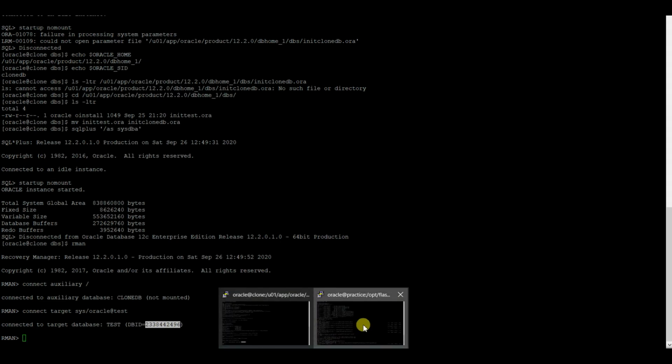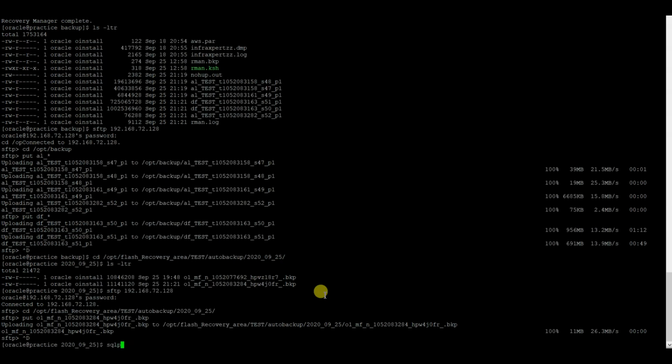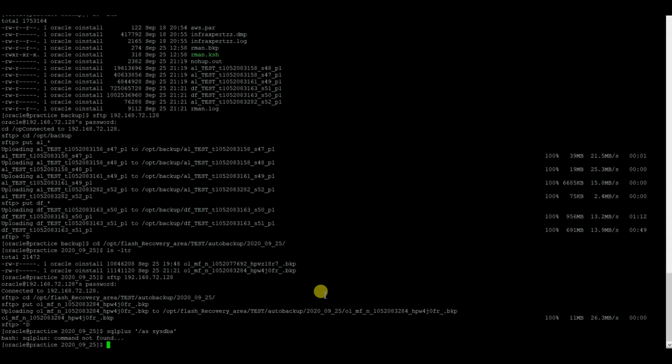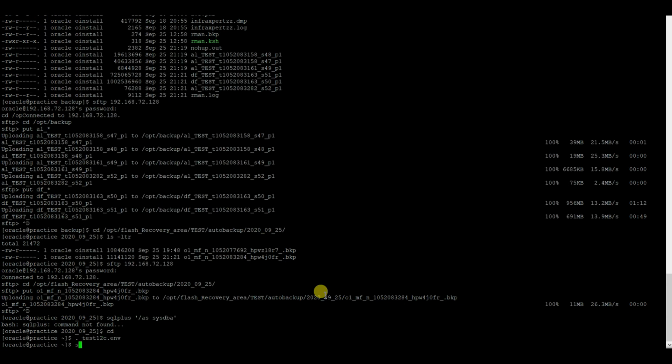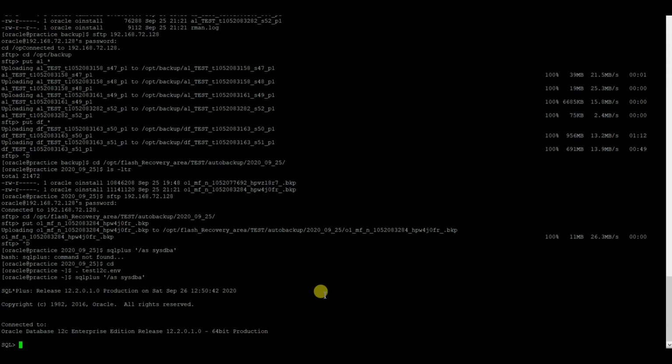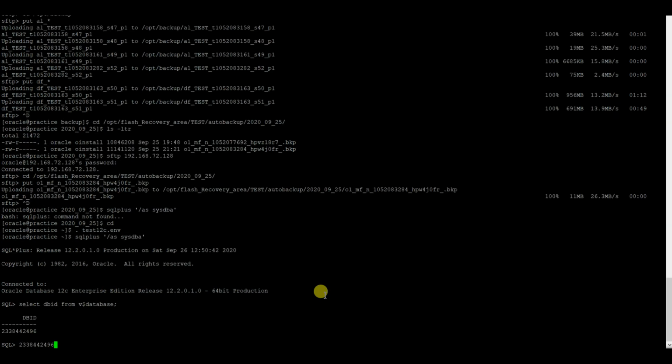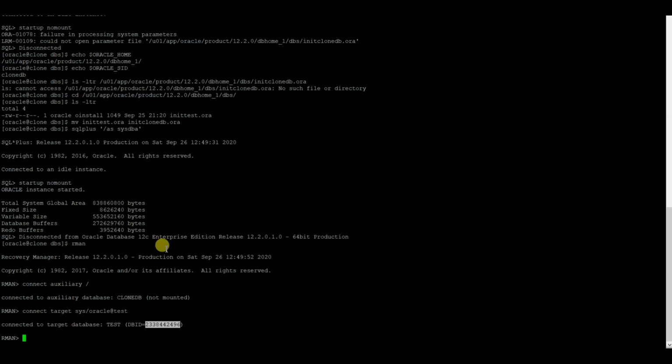Let us check whether this is the DBID we are having in here or not. Select DBID from v$database. And as you can see, this is the same DBID which got connected.